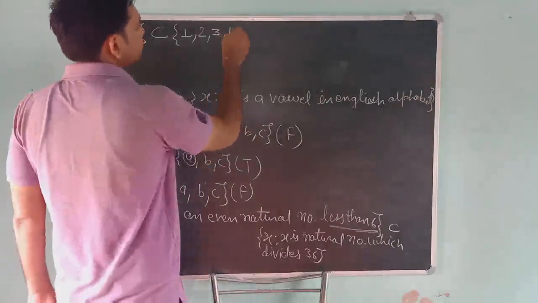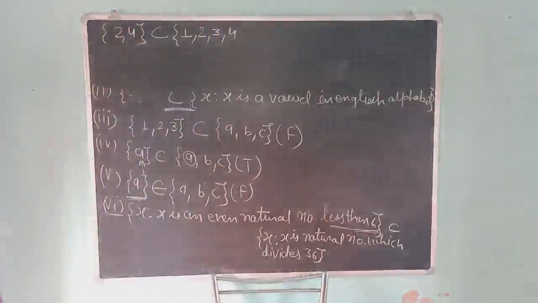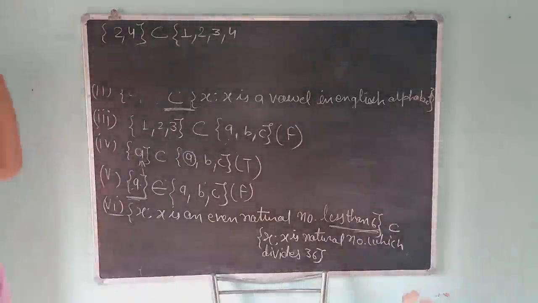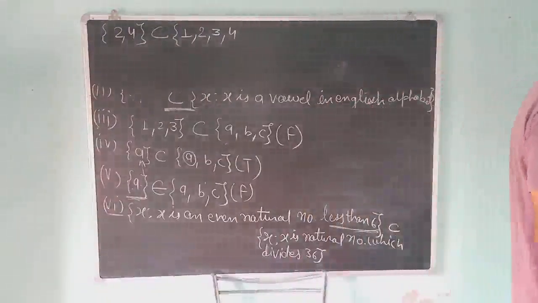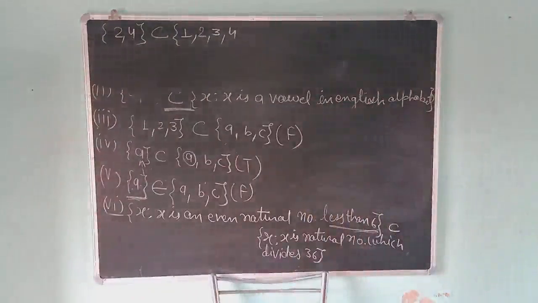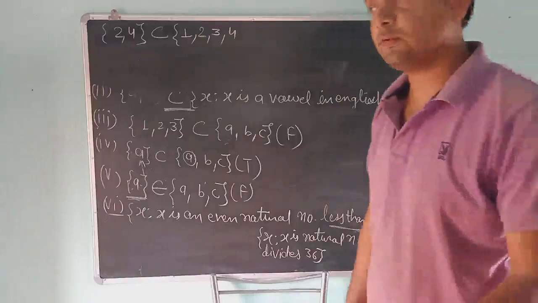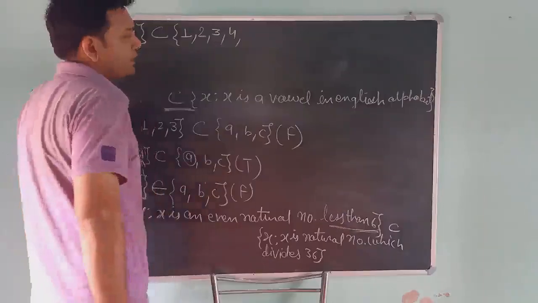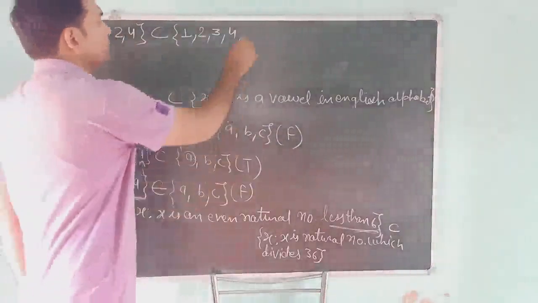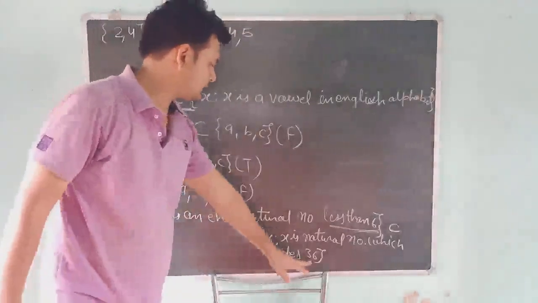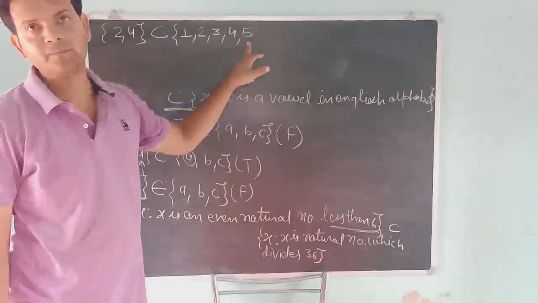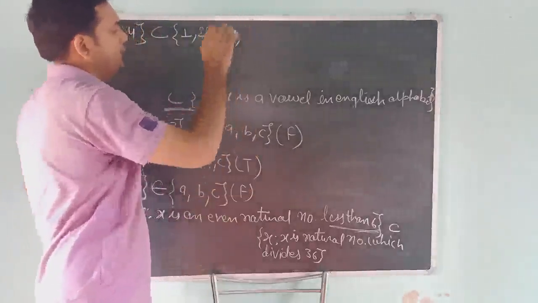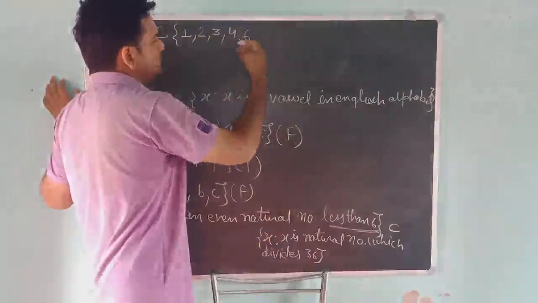And what about 4? Here the number is 36. Is 36 divisible by 4 or not? Yes, 36 is also divisible by 4. So I would like to take 4 also. After 4, suppose I want to take 5, but you know 36 is not divisible by 5. So students, I can't take 5. And after that, I can take 6 and so on.